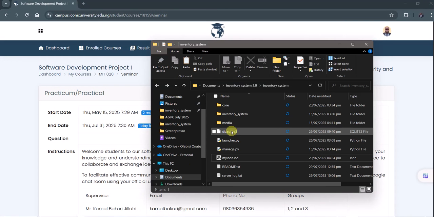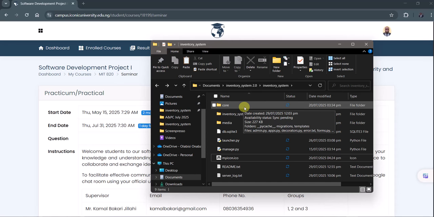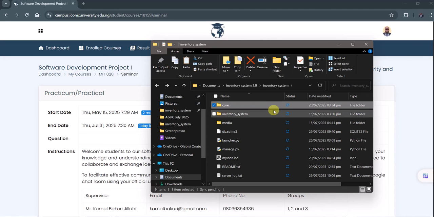So I'm going to log into the folder of the development. This is the folder of the system, and we have three subfolders here. We have the core folder, this is where the program was written. This project was developed using Python. It's a Django based system, and this folder here is the Django development, the app code,